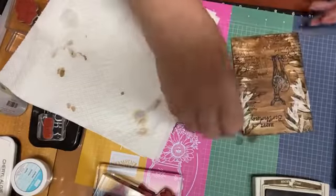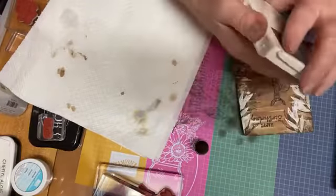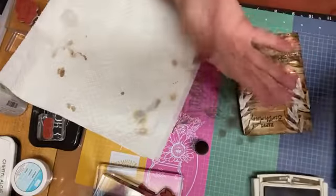You could fill in all those areas, but it's nice to have a little bit of definition, a bit of light and dark. I'll need that open to do the envelope and the,